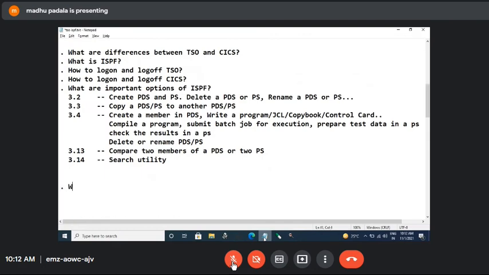What are the libraries available? What are the various libraries we create in Mainframe? Source library, where we write COBOL programs. Okay, copy library